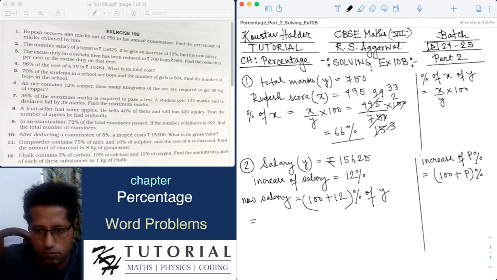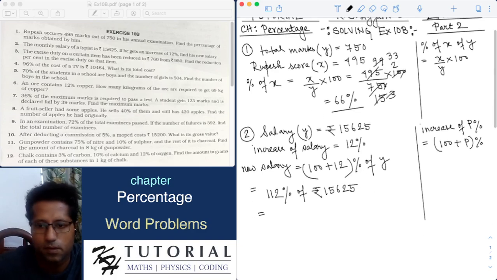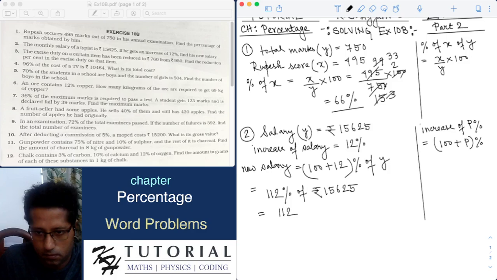So this is equal to 112% of rupees 15625. Now, 112% of something means 112 divided by 100 multiplied by